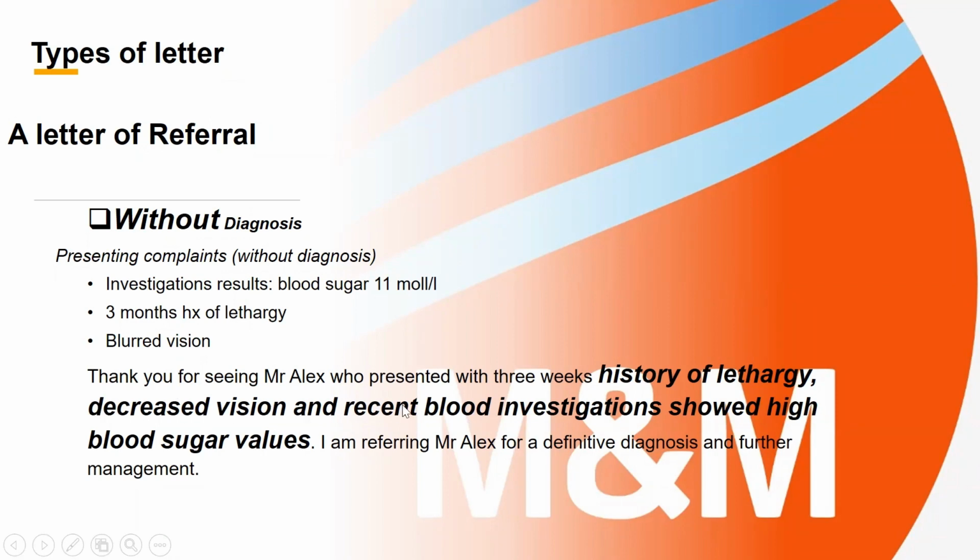Let's say decreased vision. So you can write, thank you for seeing Mr. Alex, who presented with a 3 week history of lethargy, decreased vision, and recent blood investigation showed high blood sugar values, right? So we can just write down the information that is given to you as symptoms